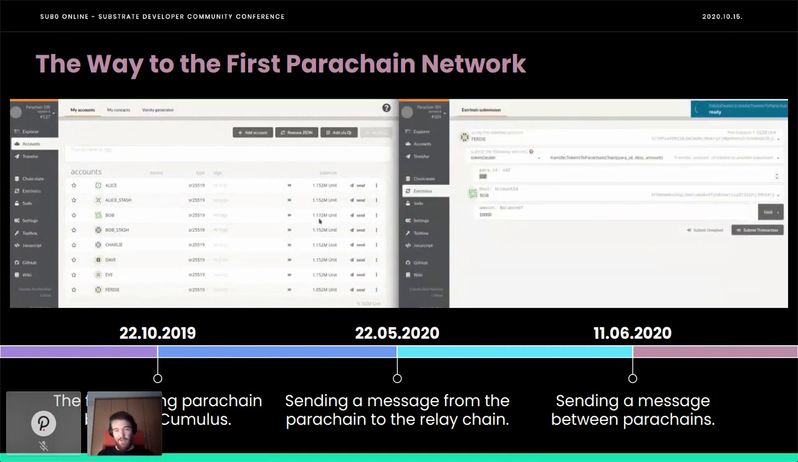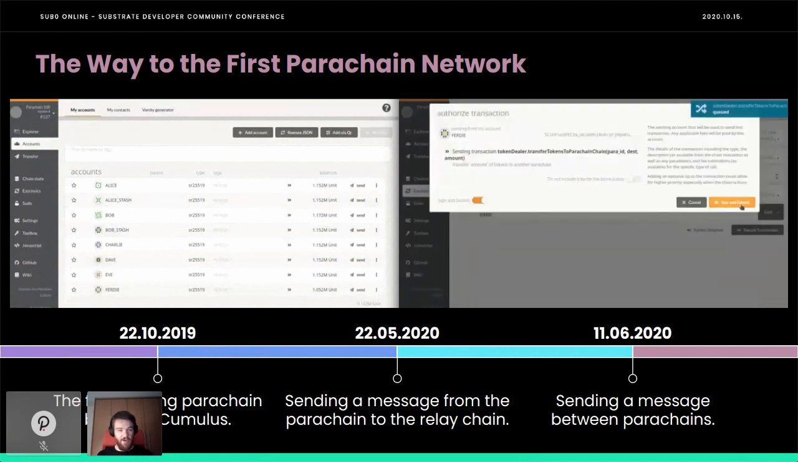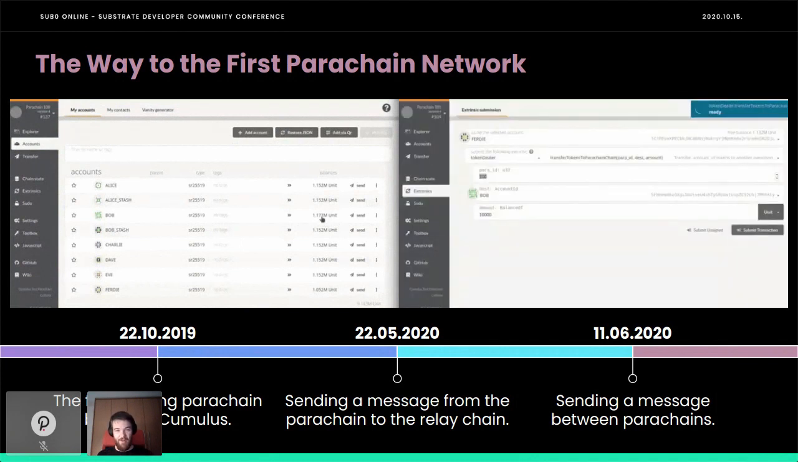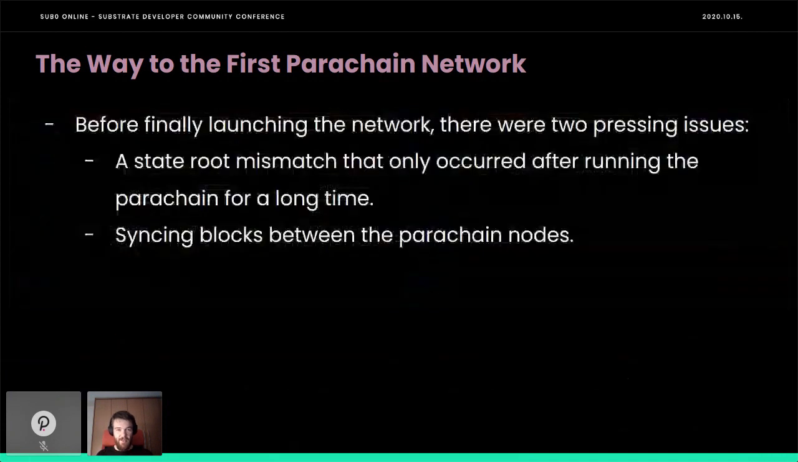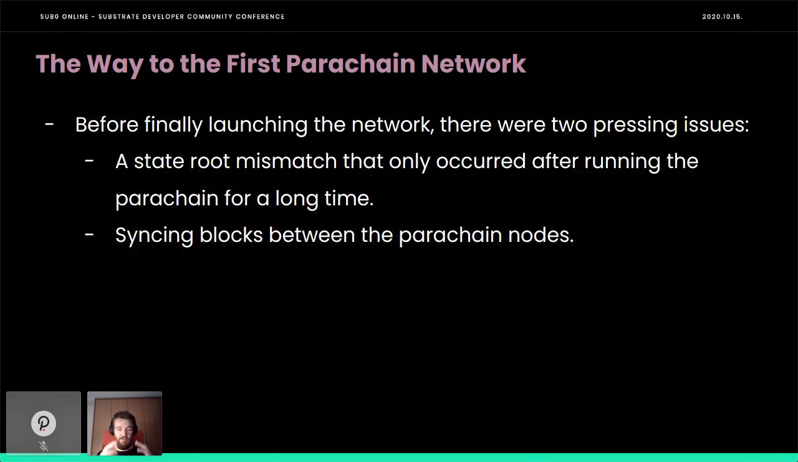But between them, we had done a lot of stuff. We released Polkadot, we released a lot of Substrate versions, all that stuff. So there was a really rough time going on. And before we came to the first Parachain test network, we had like 2 crashing issues before we could launch